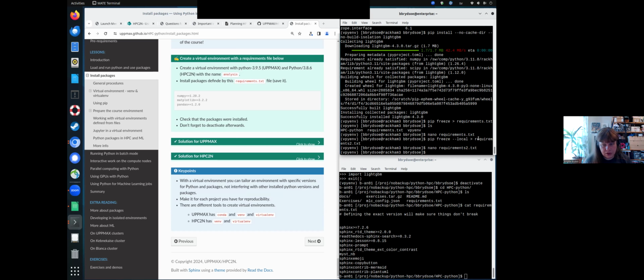And then, of course, call the requirements file something different, because otherwise it will overwrite it. So, okay. And I think I should more or less continue directly to write